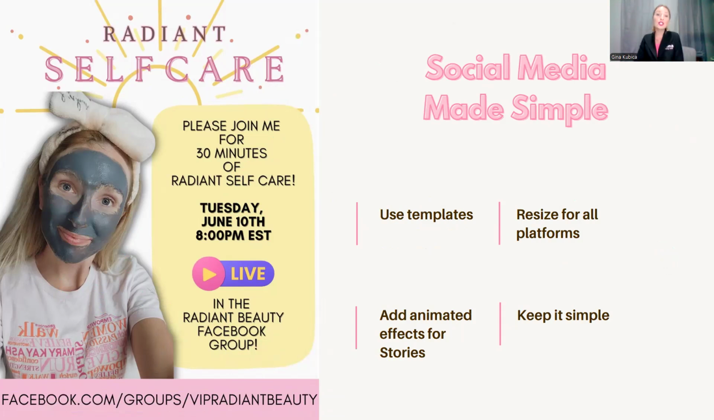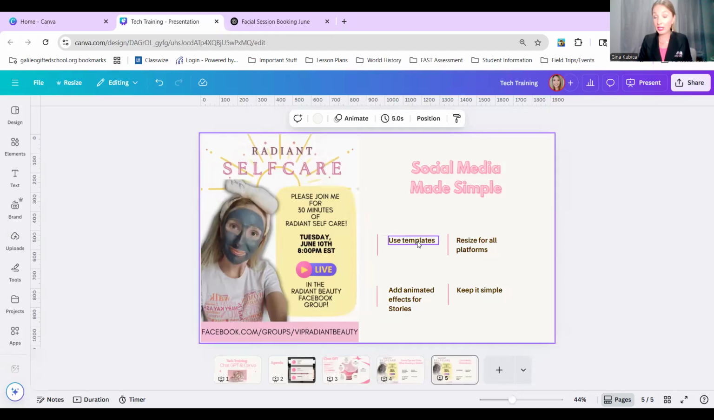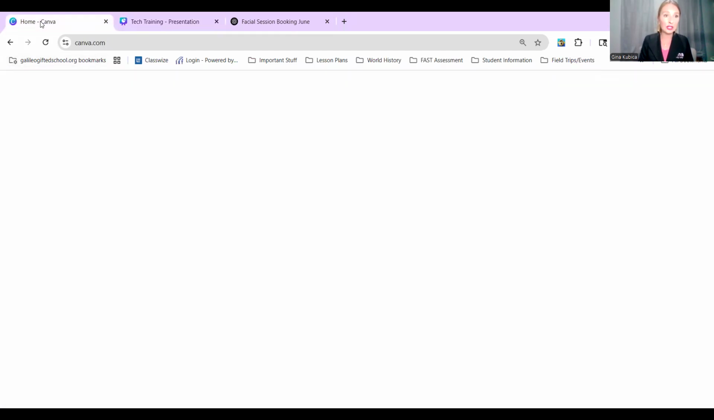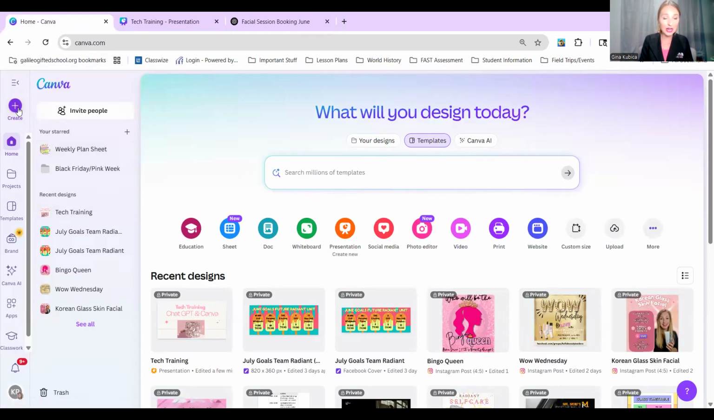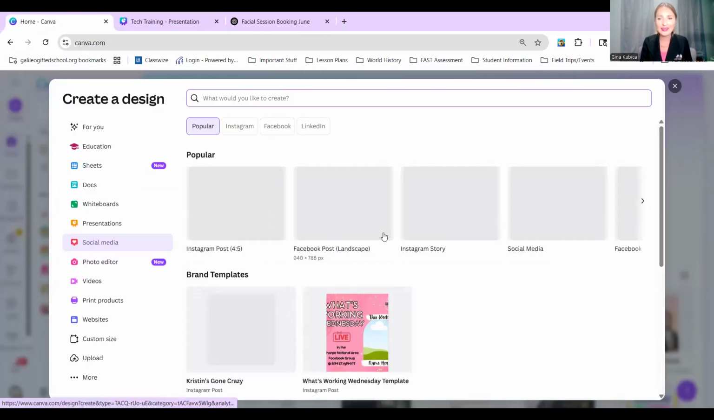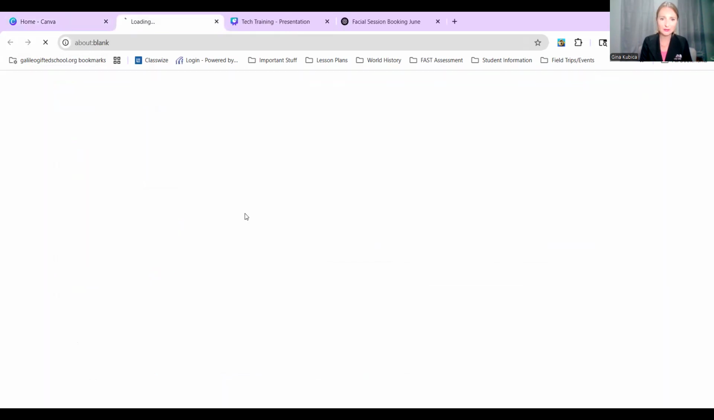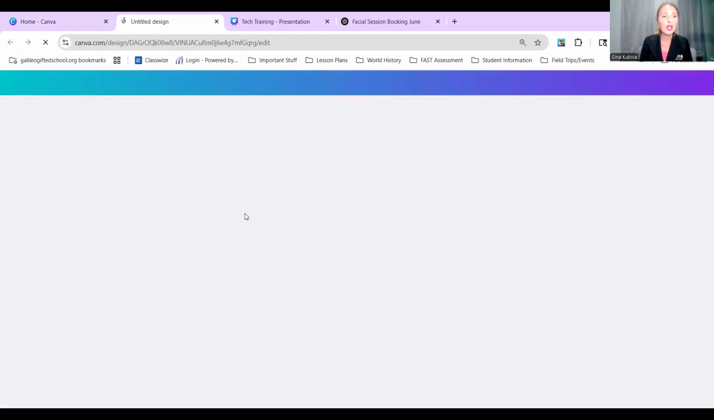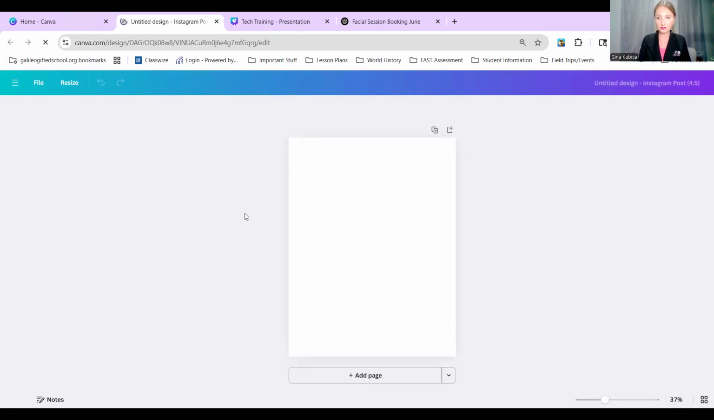All right, social media made simple for you, okay? In Canva, there are templates. You can use them. Whenever you go to make a template, let's say you're just going to regular Canva here, okay? And you want to create, I always like to go here. And so I'm going to go social media. And I like to do Instagram post size. You can, once it loads,